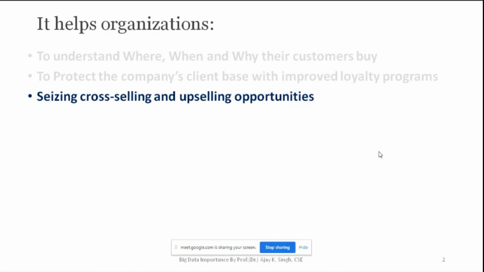You went for purchasing, suppose, mustard oil that may cost 190 rupees per liter, but you motivated that person and said, sir, this olive oil is very good for health, you just go for this one. In that case you sort of hypnotize that particular person into going for a new product, and in this way the selling is uplifted. So that is what is called upselling, isn't it? Based on the data, we see whether he is capable enough to buy that olive oil, which is a little bit costlier as compared to mustard oil. In that case, we say it is your upselling opportunity.